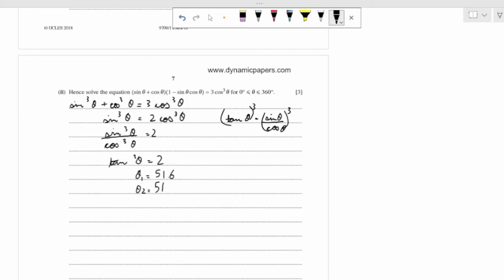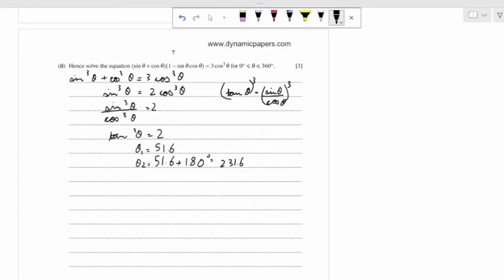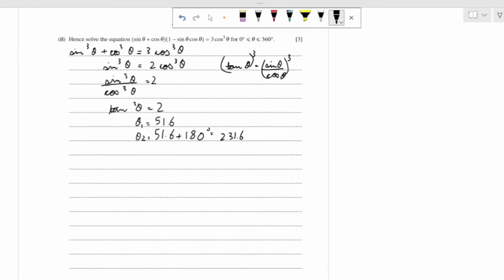because we know that the tan graph, the graph for the tangent, always repeats after 180 degrees. So we're going to add 51.6 plus 180 degrees to get our second answer, that is 231.6. Beyond that, the angles will start going out of the given range, and therefore it would be invalid. So these are your two solutions, 51.6 degrees and